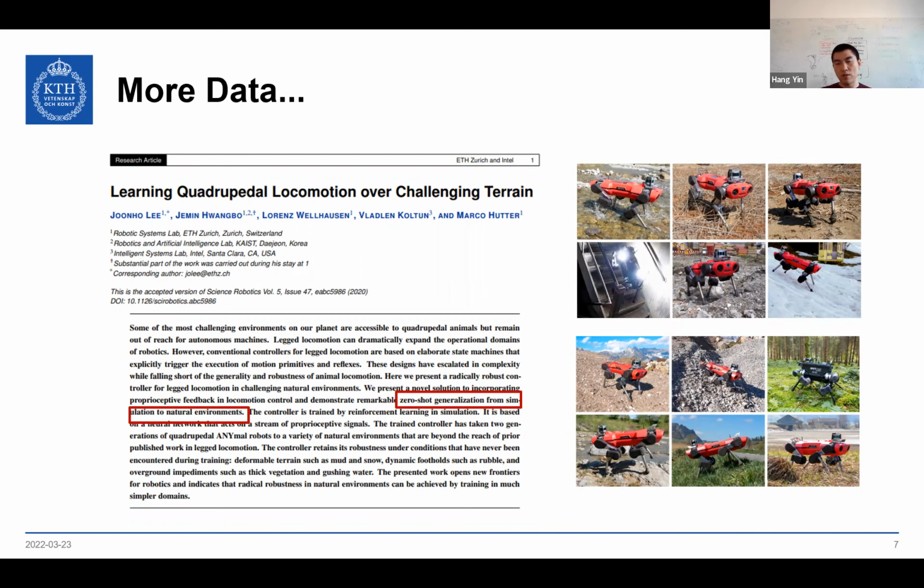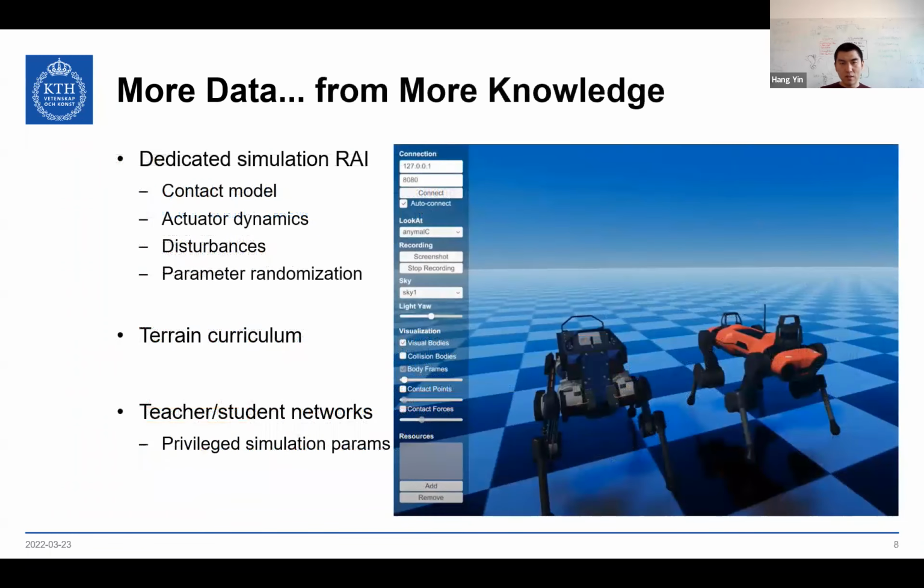Is probably never presented. You cannot also be presented that in the simulation. But if you really look into this work, it seems that this more general data has to be generated with more knowledge, and one of the most key contributions of that work is that they develop some